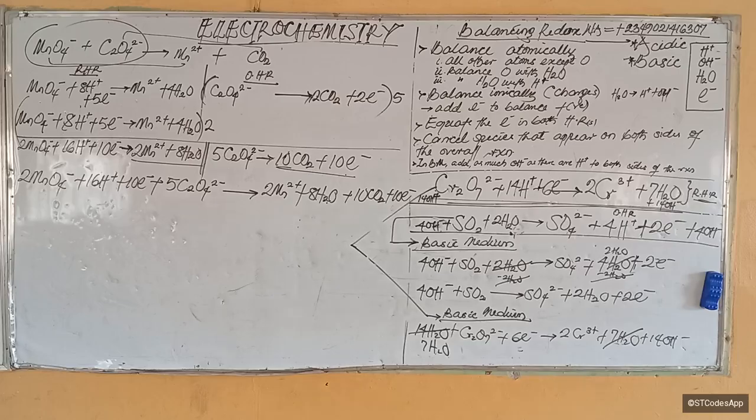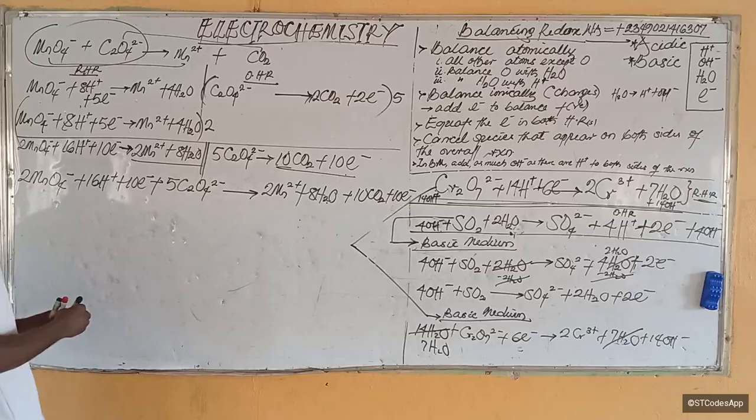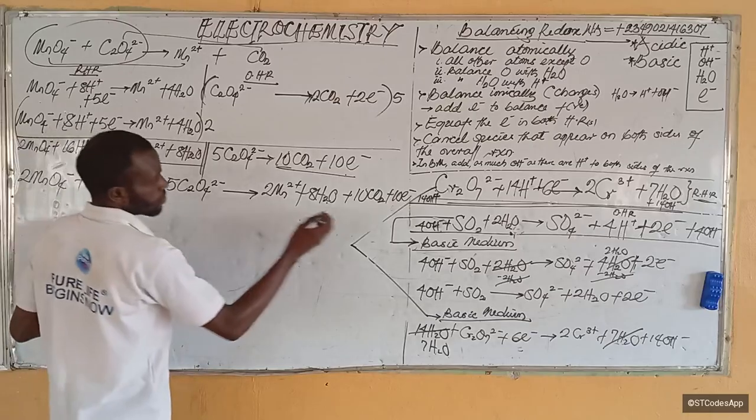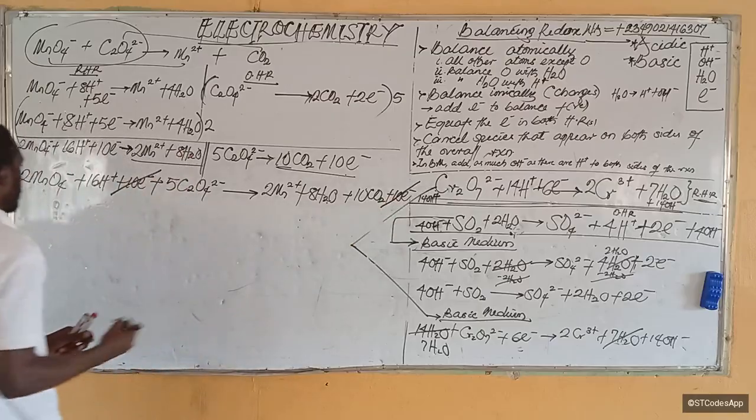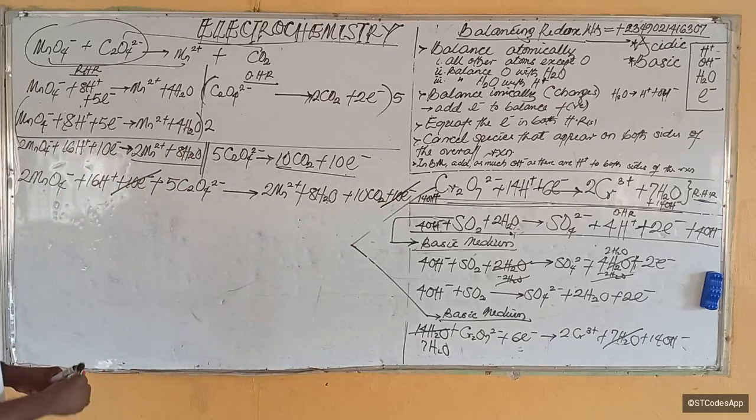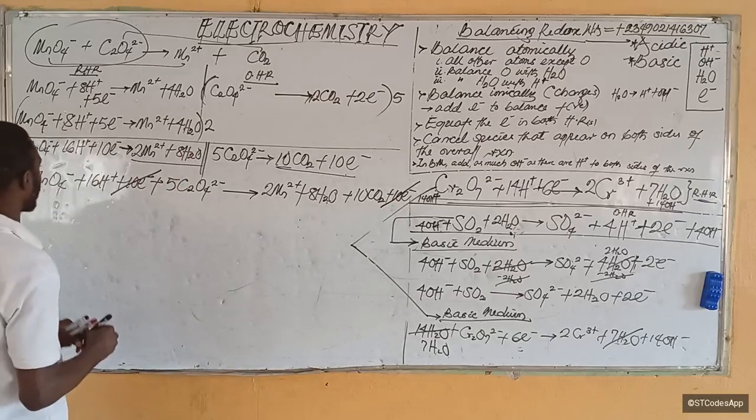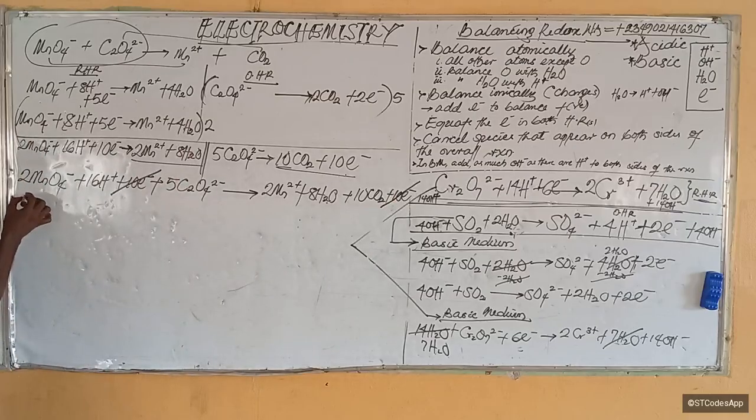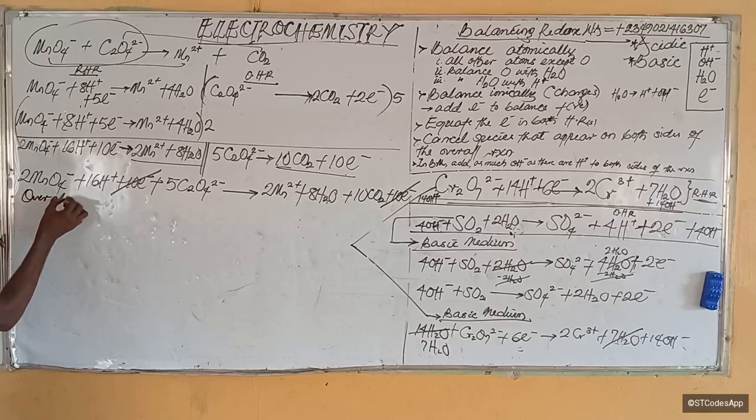So by the time we do this, electrons on this side, we cancel out. Electrons on this side, it cancels out. What else? Nothing else. So our final overall reaction becomes